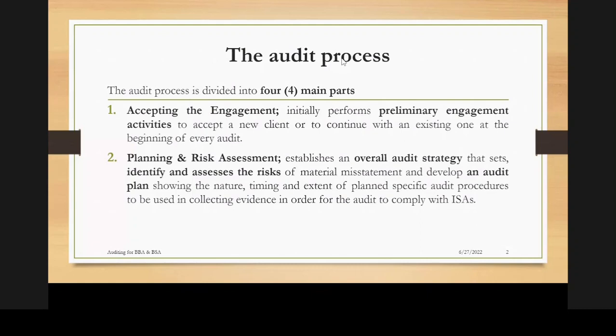So when you ascertain the risk that the business is exposed to, then you set up your audit strategy depicting those risks. Because as you know, we don't do 100% audit. You can't do 100% audit sampling, right? So when you sample, there's a very high possibility that you may leave out some crucial areas unattended to. But then when you start with risk assessment, you place a lot of focus on those risk areas, those areas that are vulnerable to material misstatements. So those are the areas that you concentrate on.